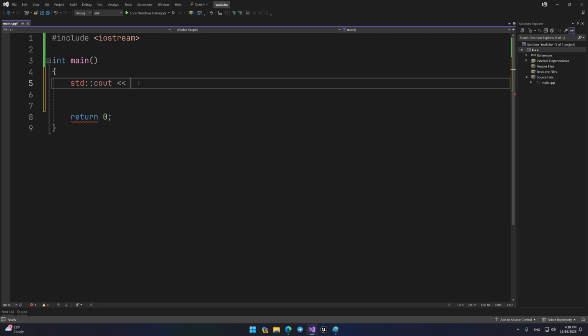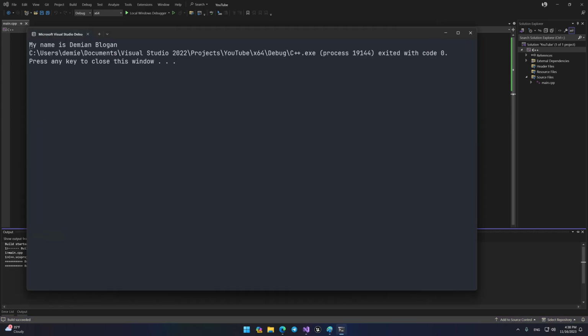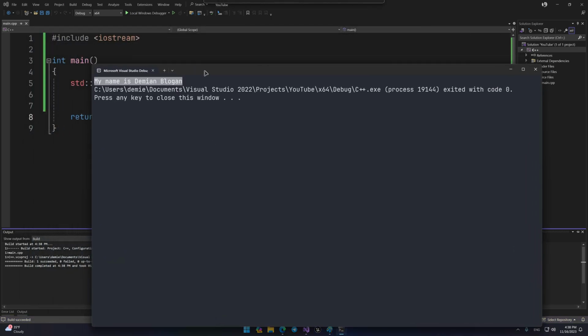Since we want to display text, you should know that in this command you need to put it in double quotes. Thanks to this, the compiler understands that this is text and not some kind of entity from the C++ language. As you can see, it even has its own color. Thirdly, since we're writing a command in C++, it must end with a semicolon. You can see that the return 0 command also ends with this. That's all. Let's run it and watch. And here it is, our text.